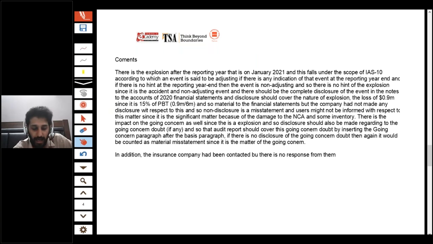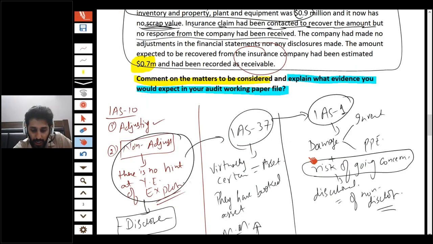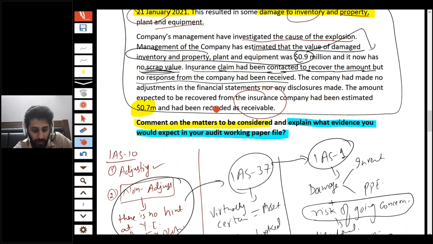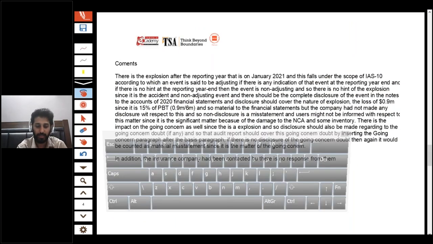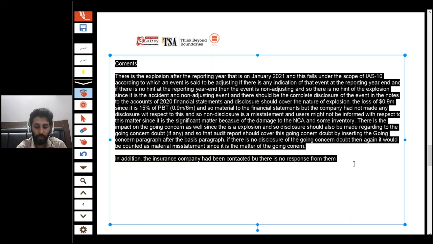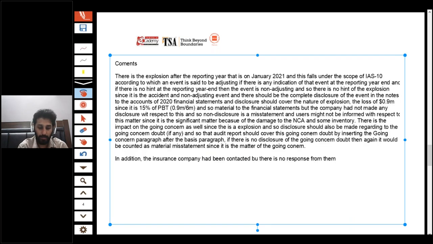If I refer to the question, the amount expected from the insurance company has been recorded as a receivable, but there is no response from the insurance company, right? So you will be writing, but there is no response from them, and